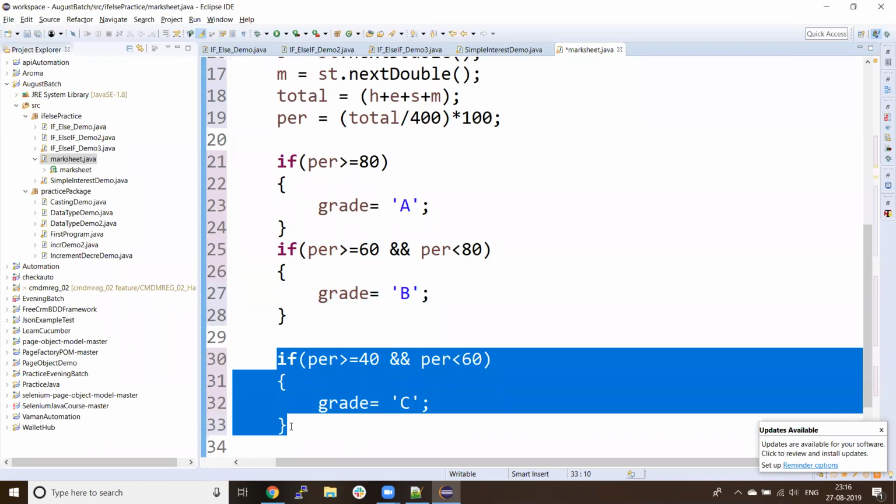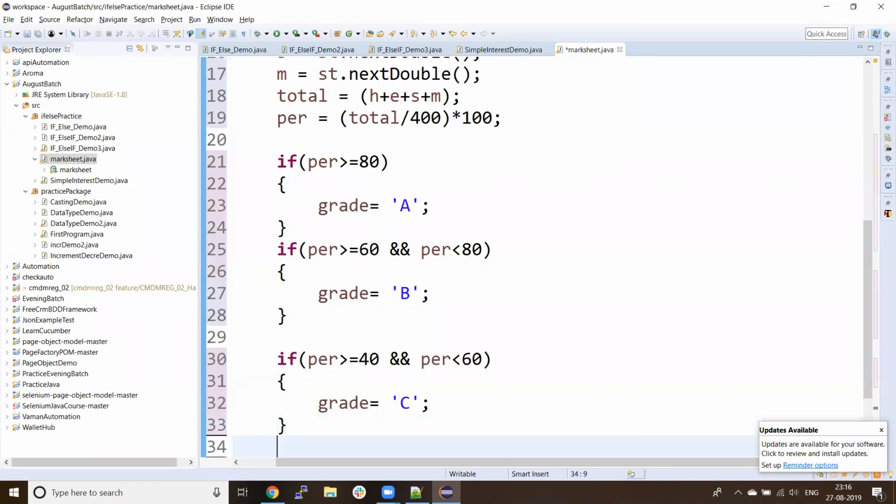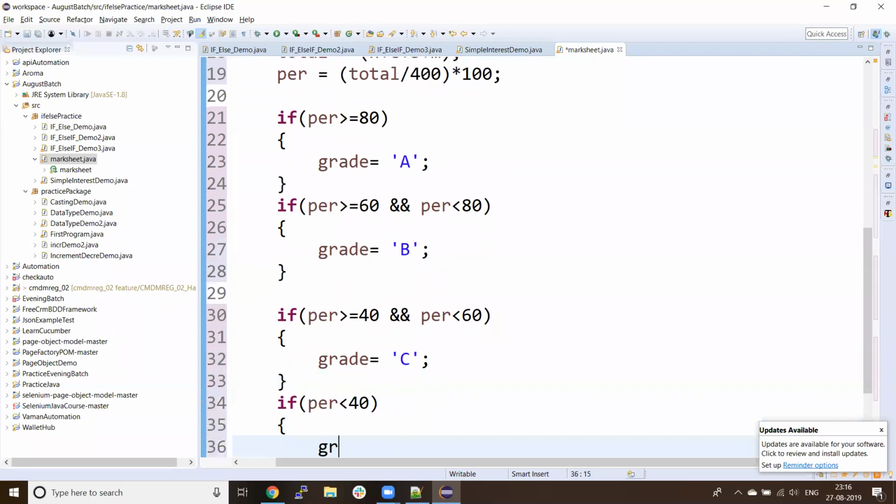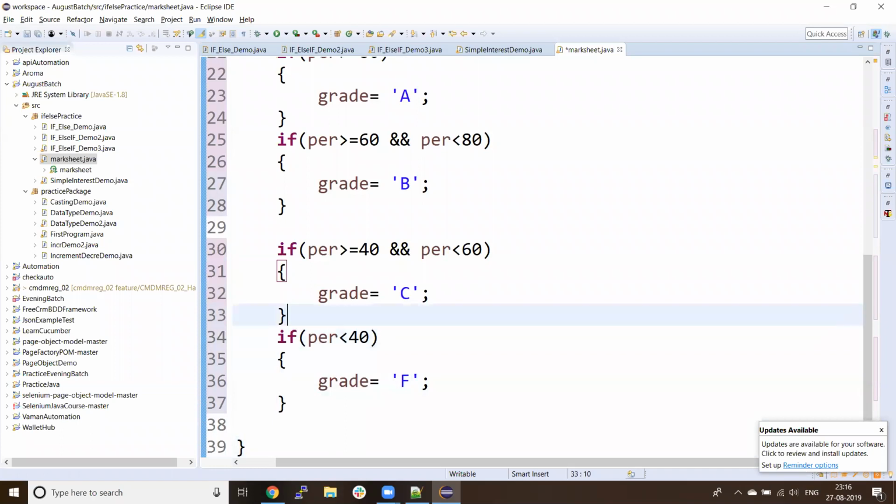So that will be very simple. You don't have to put the range. So I'll write if percentage is less than 40, grade will be F. So this is about all the calculation, but we have not printed it. So how to print it? We will print it like this: